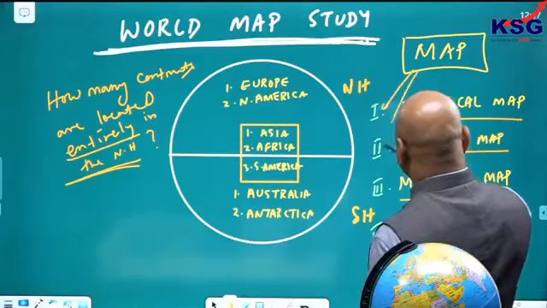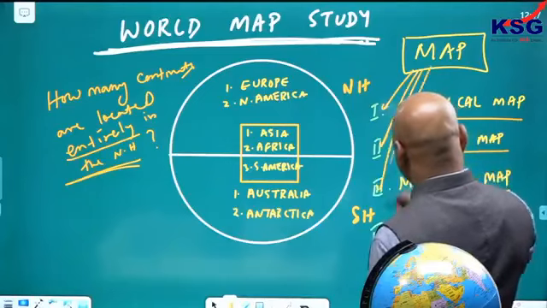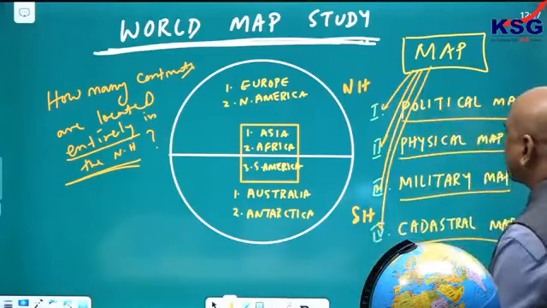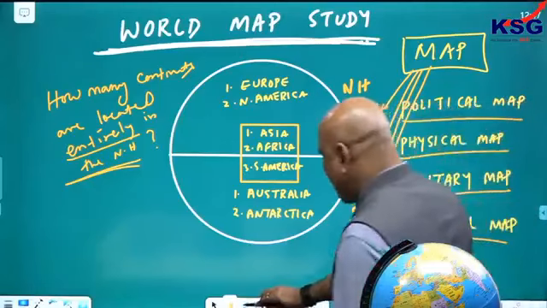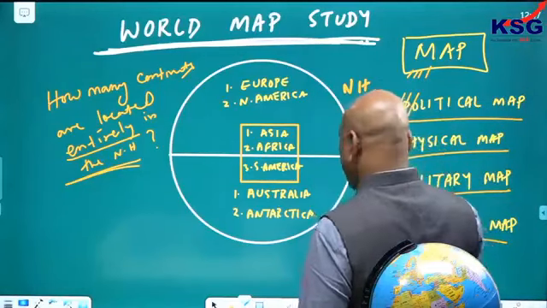Types of map, if I go for 4 types of map, you have 4 types of map: political, physical,